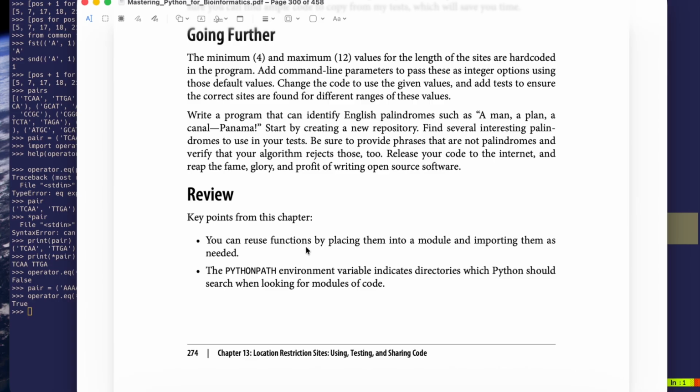Maybe we would want to create one shared directory that we could use amongst all of our programs, and maybe it wouldn't even be in this project directory. Maybe it would be in our .local lib Python directory, and we would expand our Python path to include that directory, so that in the future we don't have to keep